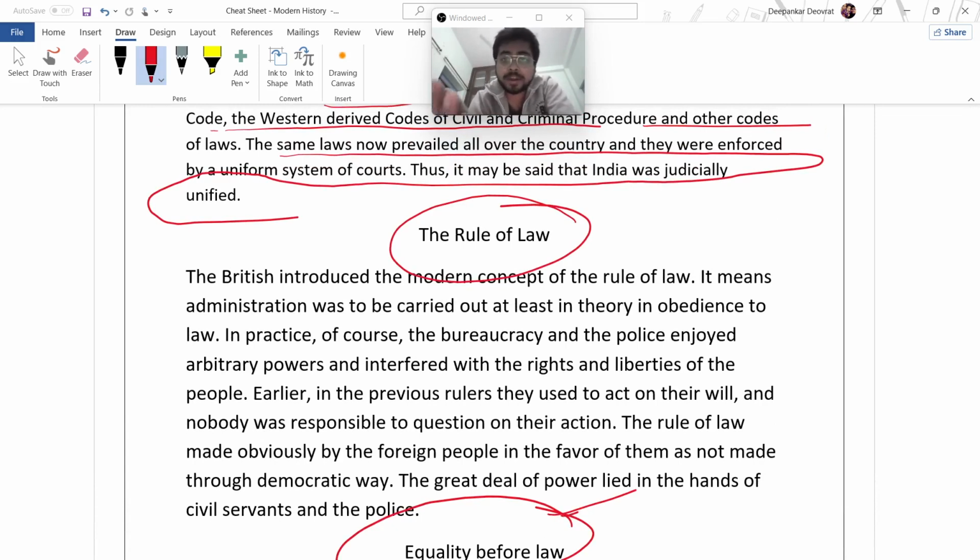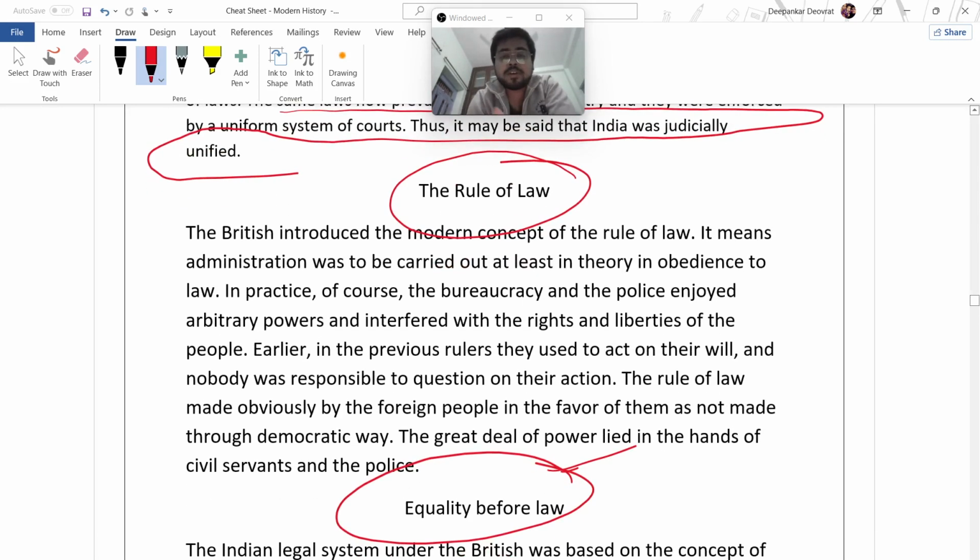That comes in our fundamental rights as well. And rule of law, that is, due process of law is being followed by the USA, and England was based on the rule of law that we also follow as part of the constitution. So the British introduced the modern concept of the rule of law. It means